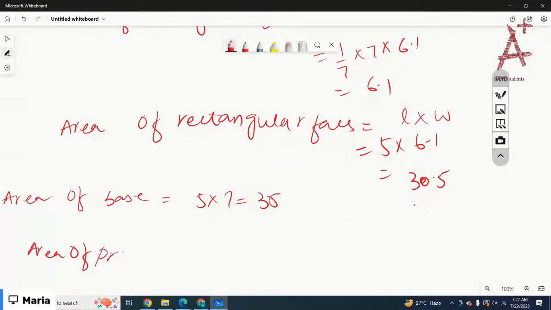Area of prism. We have 5 faces. Two triangular faces, 6.1 plus 6.1. Two rectangular faces, they are 30.5 and 30.5, and just one base. So just add up the values, right? It would be 6.1 plus 6.1 plus 30.5 plus 30.5 plus 35. That is